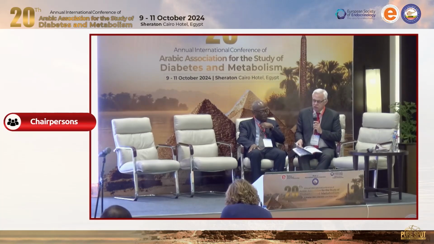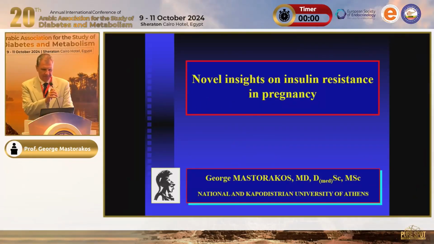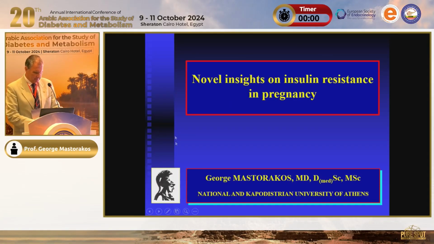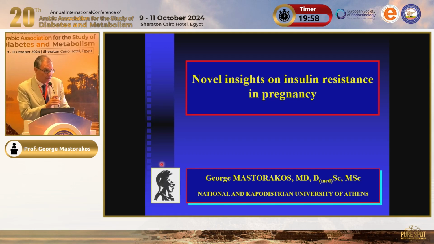It's Professor George Mastorakos. Professor Mastorakos is a professor of endocrinology at the National Kapodistrian University in Athens. He has served as the president of the Hellenic Endocrine Society and is actively involved in European endocrinology research networks. So, Professor Mastorakos, please. Thank you so much for this kind introduction, and I have to thank Professor Inash Altut